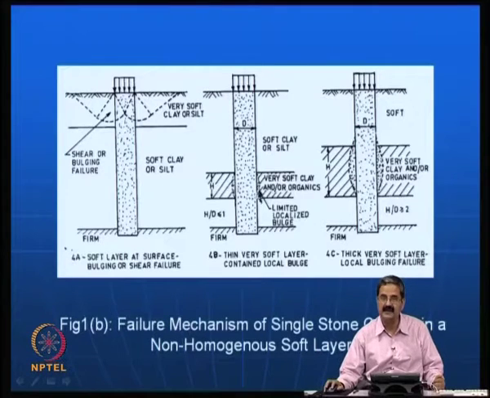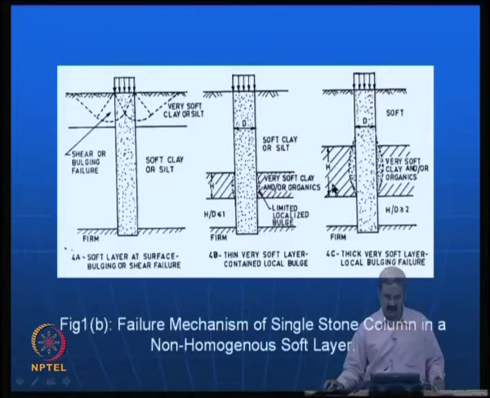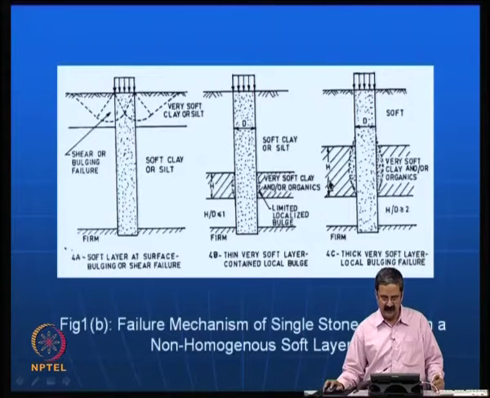There could be another case like this, where you have an inhomogeneous clay with soft soil somewhere, and then the bulging is likely, and the other possibility is that you have a thicker strata and the bulging is likely. One can get a feel of it from the actual investigation. For example, if you do a complete soil investigation up to say 15-20 meters depth, it will clearly highlight that you have some soft soil here, a stiffer layer here, and it could be a weaker layer there and all that.